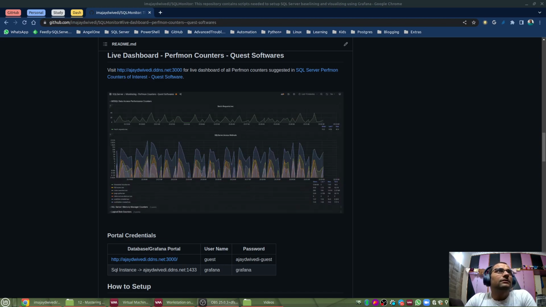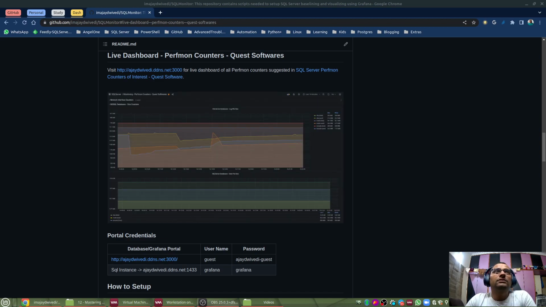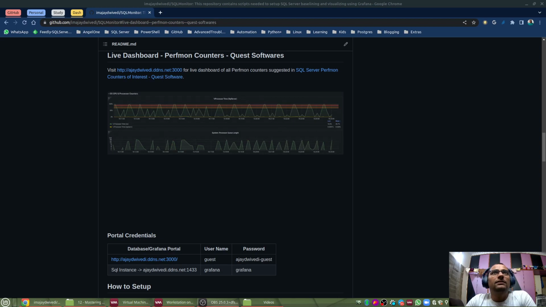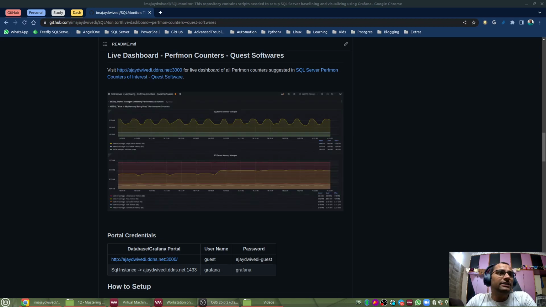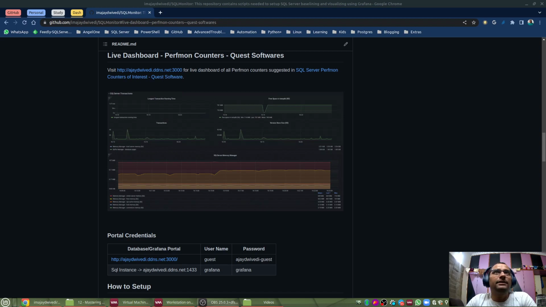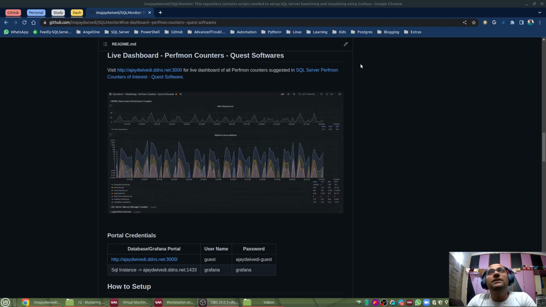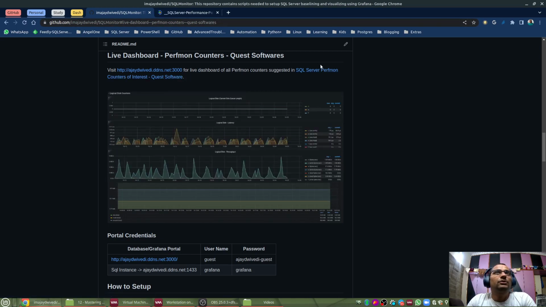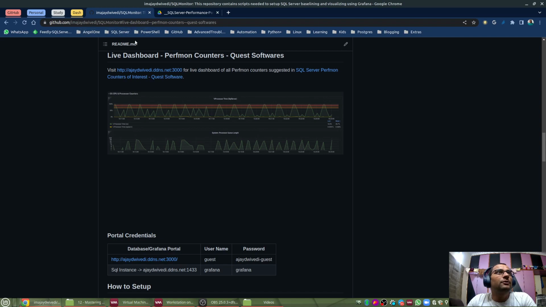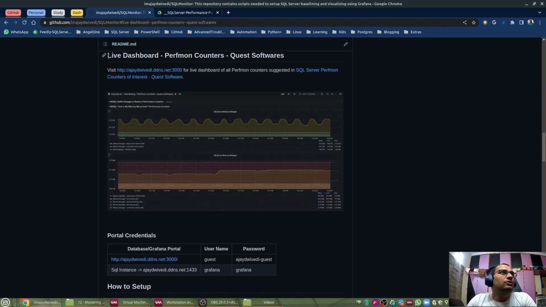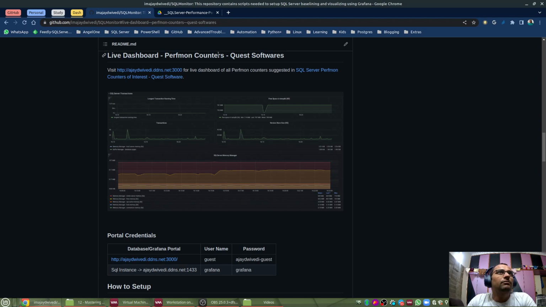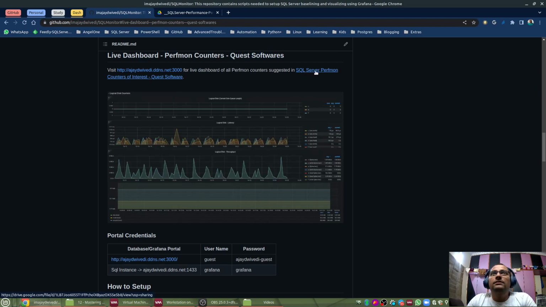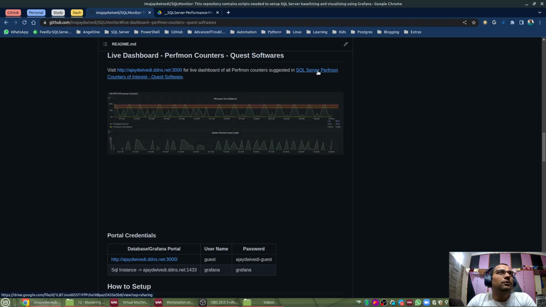Hi everyone. So let's talk about the third dashboard in SQL Monitor Infra. This particular dashboard is very special, because in this dashboard we are exposing all the Perfmon metrics which have been suggested in the Quest Software Perfmon poster. So if you go to my GitHub repository and browse to the section where it says live dashboard Perfmon counters Quest Software, then there is this link which will lead you to the poster created for